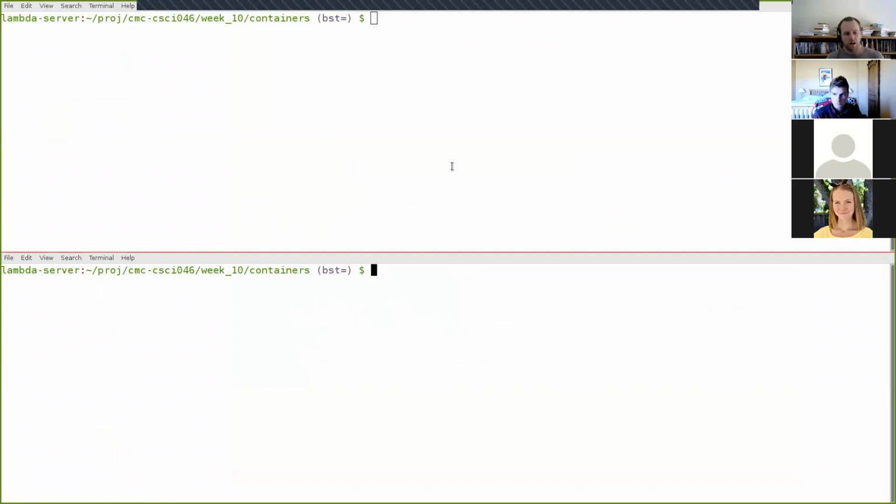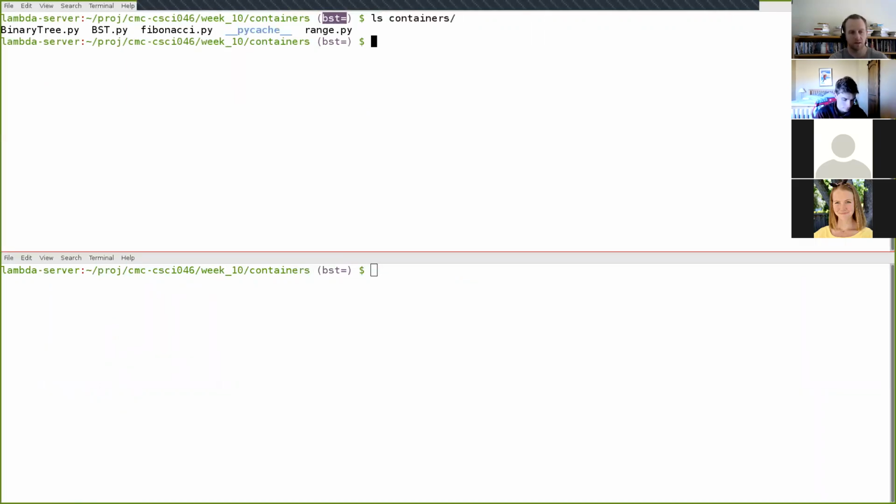So here I have opened up our containers folder, the binary search tree branch, and if we do ls containers, recall that there are two different Python files, binarytree.py and bst.py. The binary tree file is what we looked at last time, so we'll look at bst.py this time.